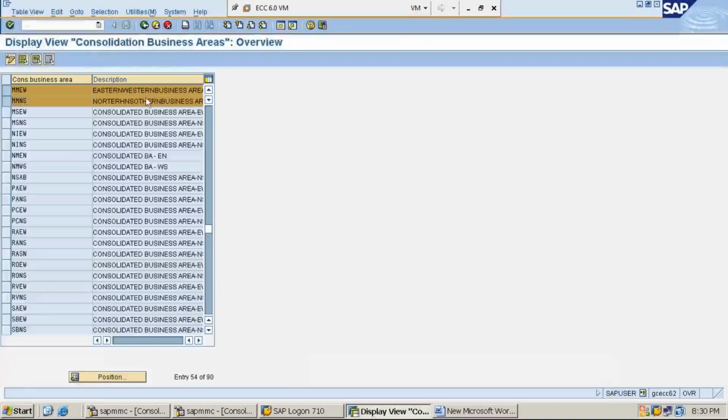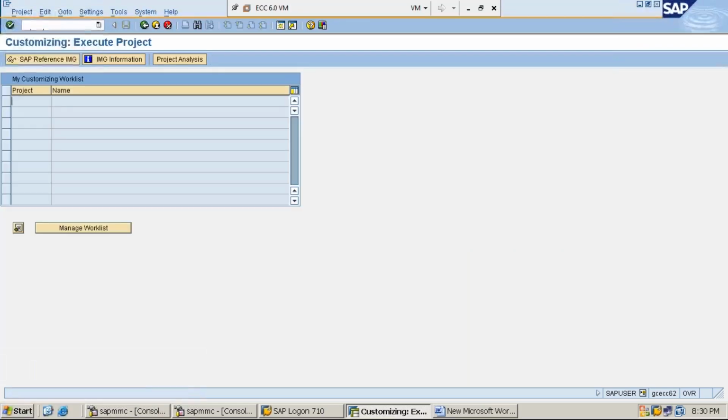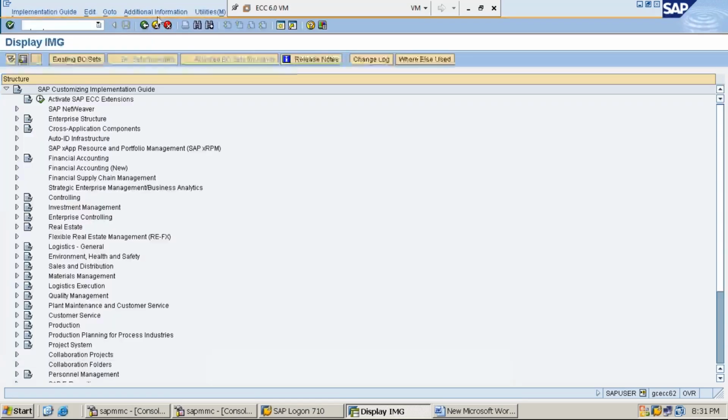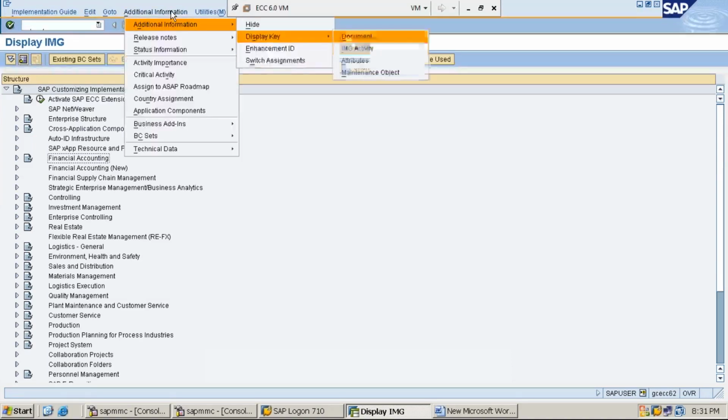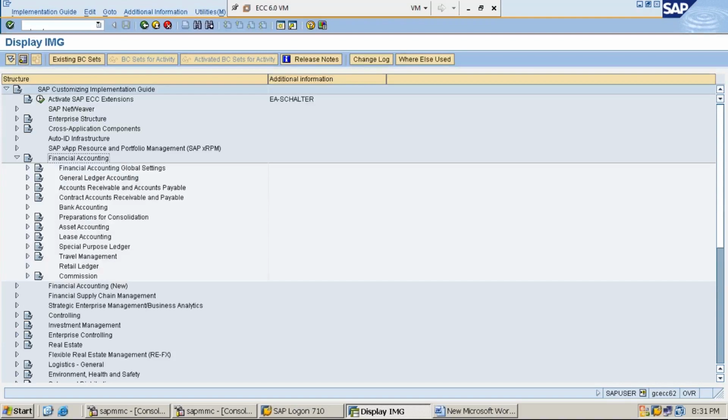SAP reference IMG. Sorry, SAP Easy Access, then SPRO. I repeat once again, the path starts with SAP Easy Access screen. So SAP Easy Access, then SPRO, press enter, then click on SAP reference IMG, then financial accounting, then financial accounting global settings,